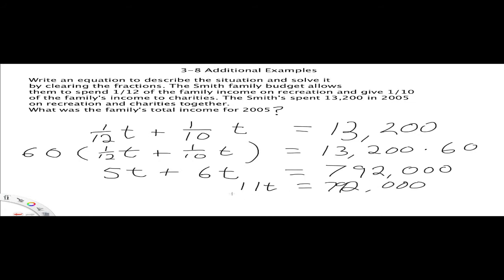We multiply by 1 over 11. So 792,000 divided by 11 equals